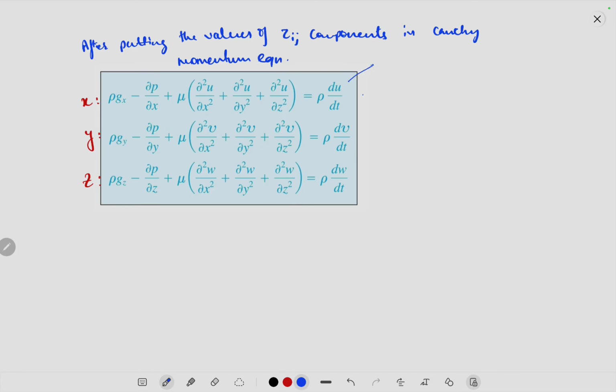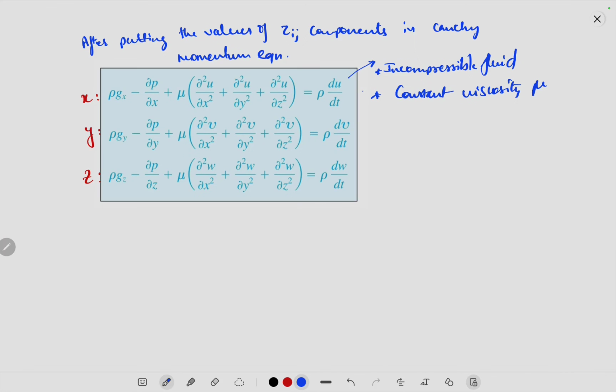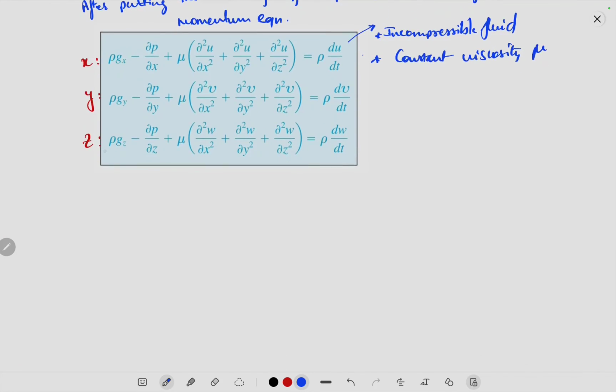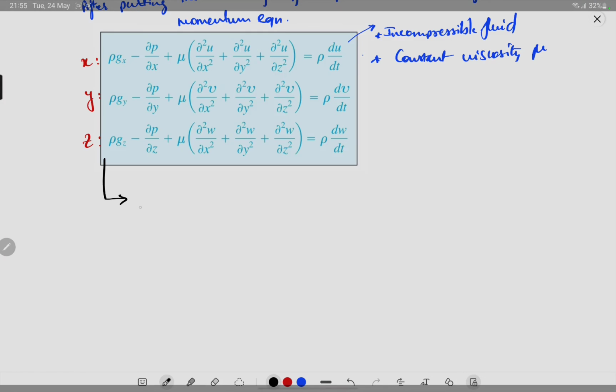You must note that these equations are for incompressible fluid and with constant viscosity mu. This equation that we just derived is one of the most popular equations in fluid mechanics,